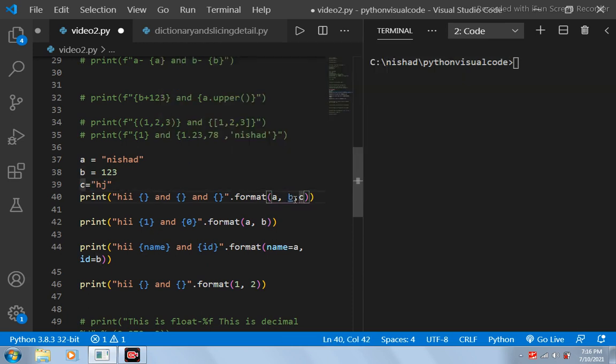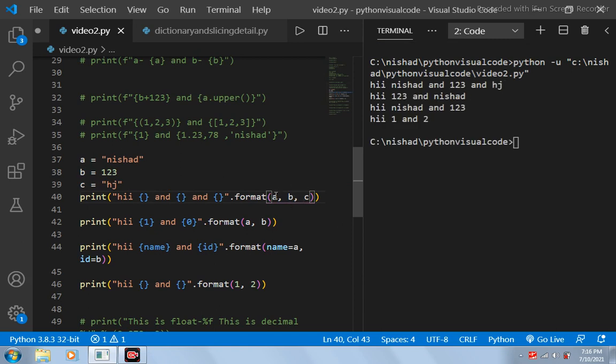If I save it and run my program now, you can see that the value of a will be put over here, the value of b, that is 1 2 3, will be put over here, and the value of c will be put over here. You always have to remember that the number of arguments and the number of curly braces should be the same, otherwise we will get an error. So this is one way to use a format function.